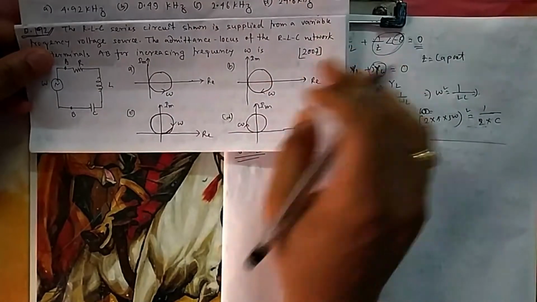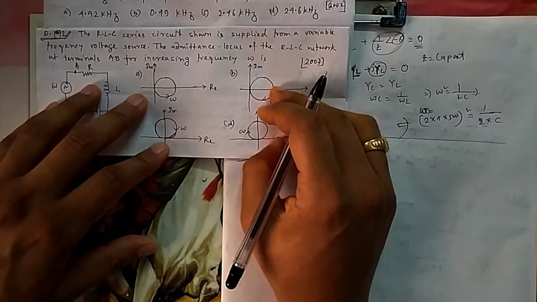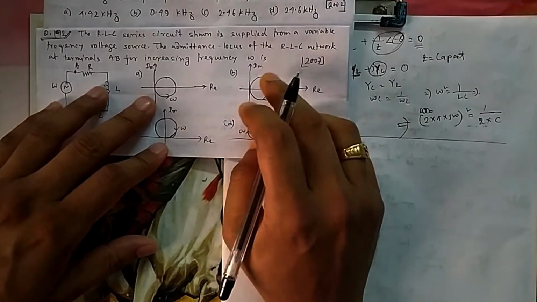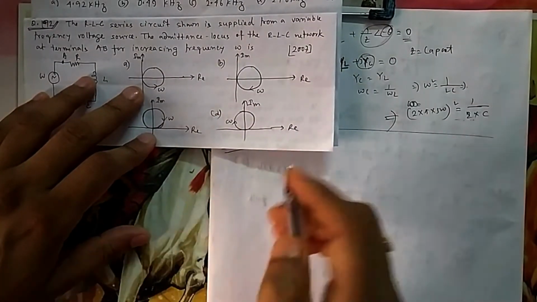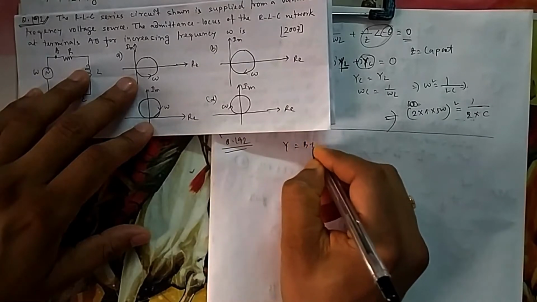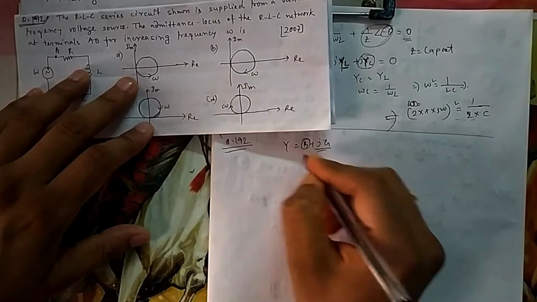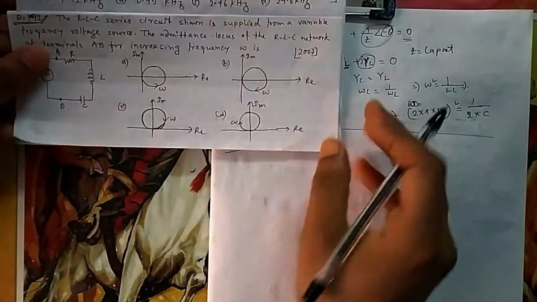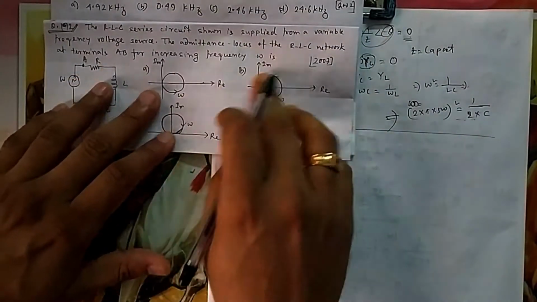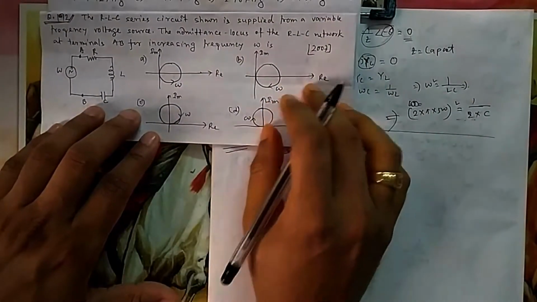I have done this before: whenever you see the Y plane, I always refer to the Mobius/Moray characteristics in the G-B plane, that is the admittance plane, the conductance and susceptance plane, because Y is equal to G plus jB. So this is your conductance and susceptance. So you see that characteristic. I will give it in the suggestion link. So here also the same thing. You will get some idea from here also, but the detailed discussion of the Y plane I have covered there.